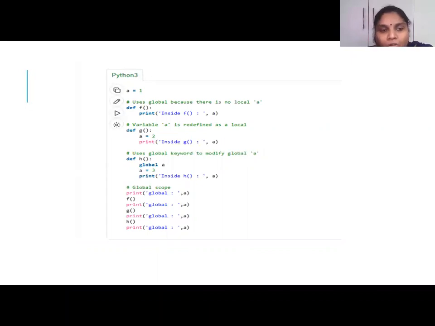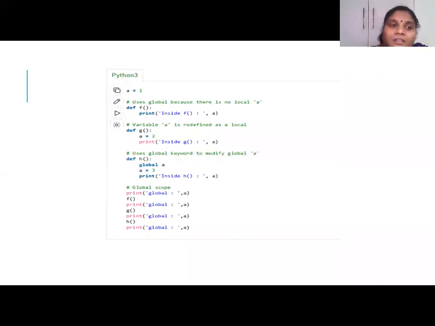Now, this is one of the interesting programs. You can see I have three functions: F, G, and H. I have one global variable at the top, A is equal to 1. Now, if I give print A inside F, whenever I call this F function, it is going to print me 1.